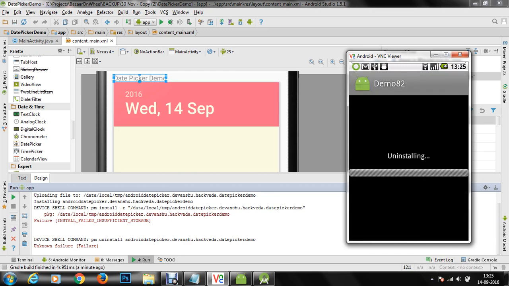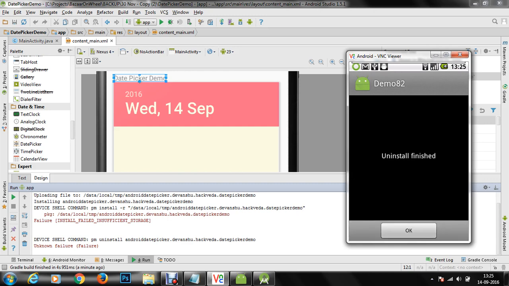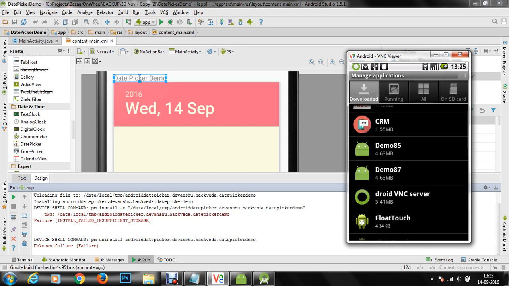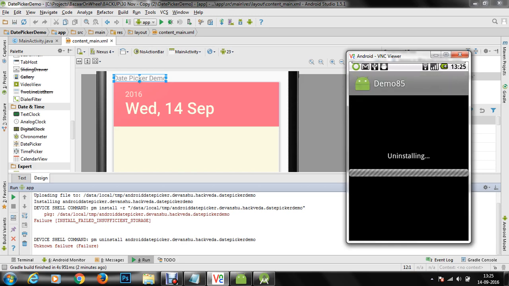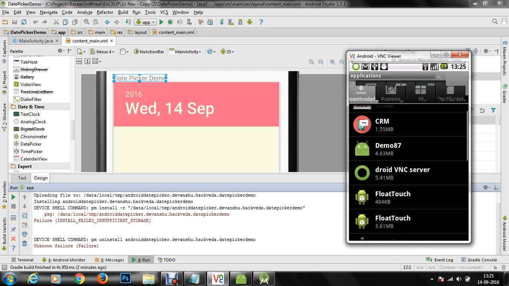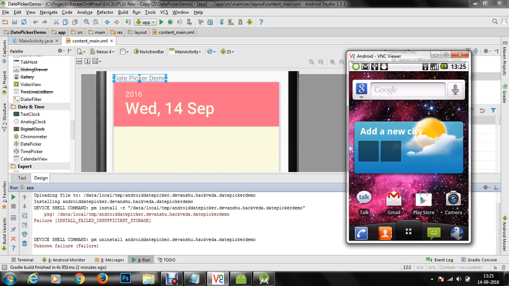I'm uninstalling a few demonstrations which are available on my Froyo device. So I have freed up around 12 MB on my device.